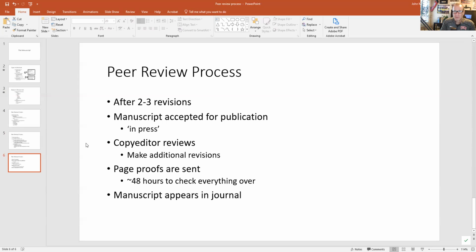Eventually, the manuscript will be ready for publication, and then what is created is what's called page proofs. This is a reproduction of what the manuscript will look like once it is published. So it looks like it's in 2-column format, the figures are placed in the right place, things like that. These page proofs are sent to the first author or the communicating author, and then the author has usually only about 48 hours to turn it around,